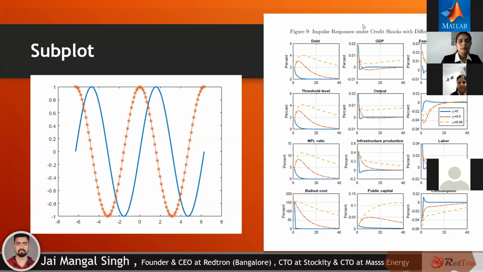Say suppose in the right side of the image, you can see there are total 3 columns and 4 rows. So we have divided the entire graph paper into 4 by 3. And now in each quadrant, I can plot a different graph. So that in a single graph paper, it can give me a relatively lot of idea about the entire system and process or mathematical model that we are working. So first we will look into this part, and then we will move towards the curve fitting part.